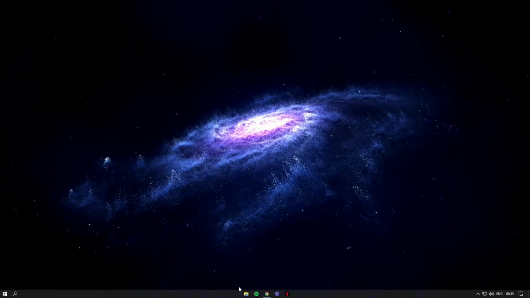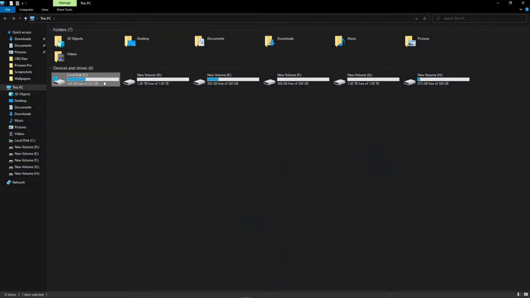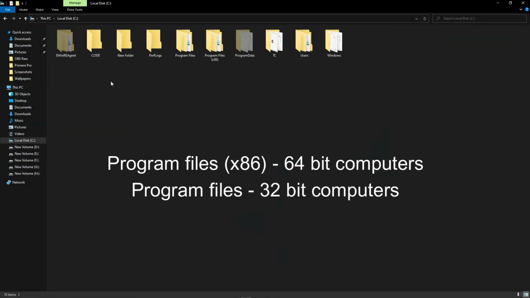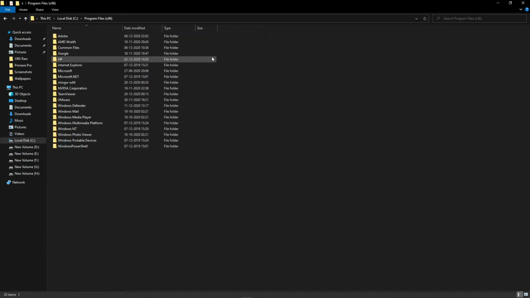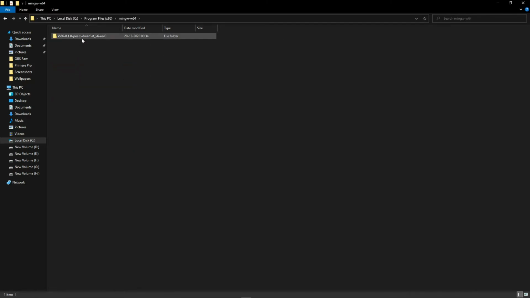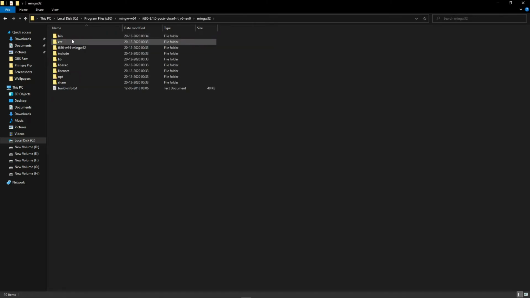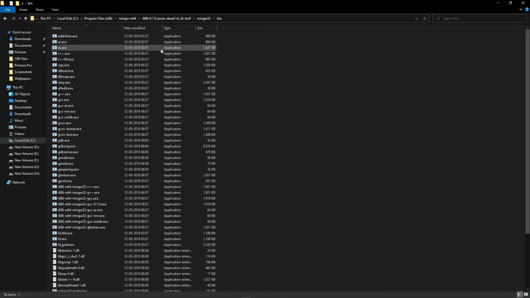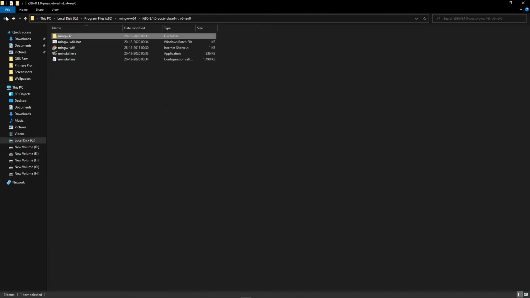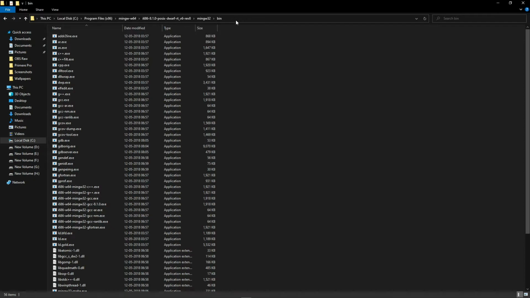Now let's open up the C drive. Program files and MinGW64 and open up this bin. Just follow these steps and copy this,